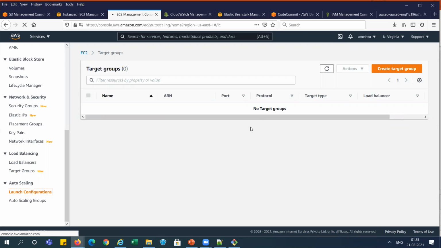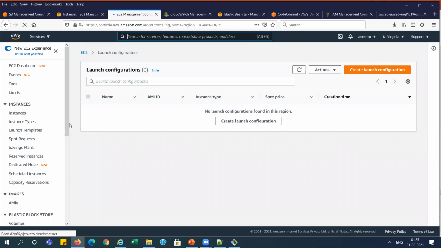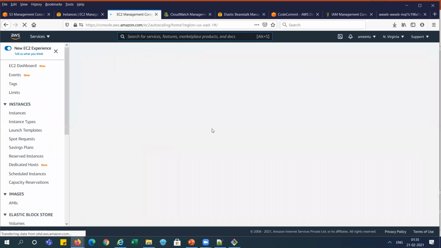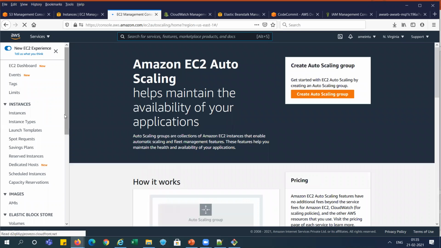Check for the auto scaling group. Nothing is there. Sorry, it was launch configuration. Now we need to check the auto scaling group. Nothing is there, because that is deleted by only one command when we deleted the application directly. It will delete everything.